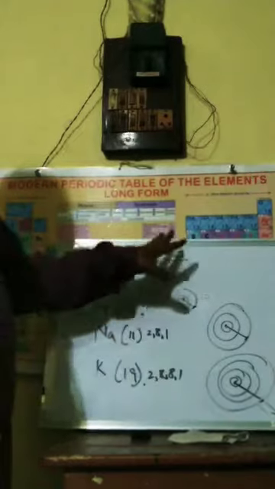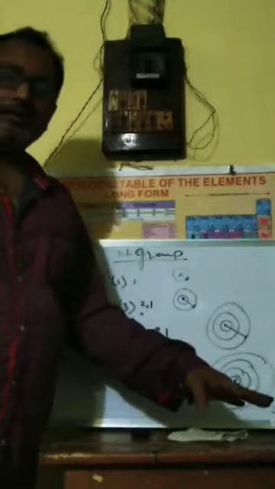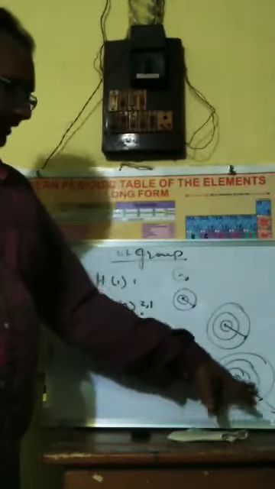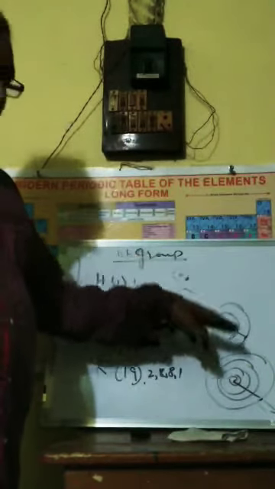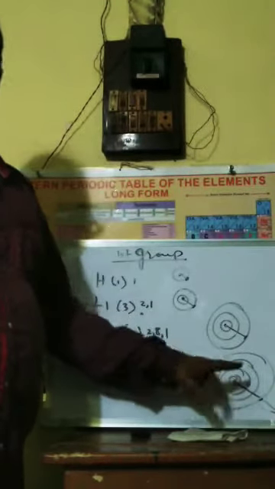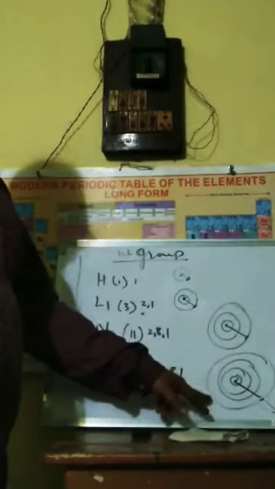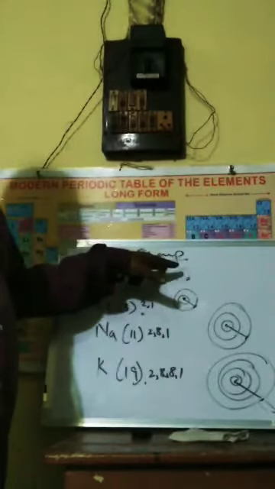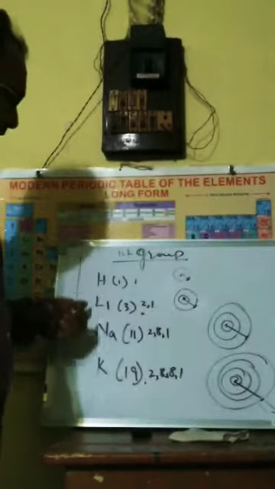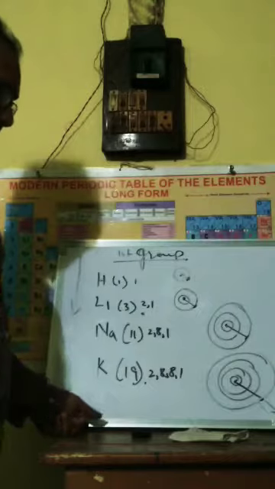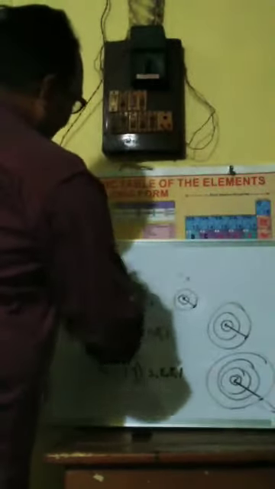We have seen the atomic radius is increasing, so the force of attraction is decreasing. So losing an electron is easier here compared to this. When they can lose electrons more easily, it means they are more reactive. So they are more electropositive as compared to this element. That means electropositivity increases down the group. Clear? Now we take an example in a period.